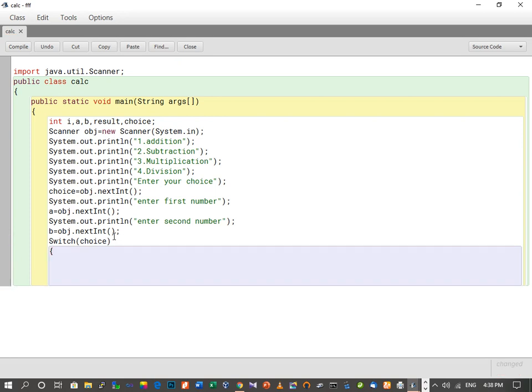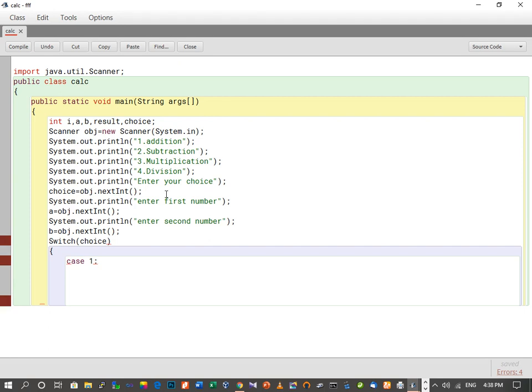So now the body of the switch statement starts. Here we write down case 1. Means if the case is 1, here you can see what is case 1. We have to write down the addition of two numbers. So if the choice is 1, if the user enters 1, then what will we do? We will find out the sum of two numbers. So result, straight away we can write result equals a plus b. What is result? Result is a variable which we have taken over here, and this a plus b is going to find out the sum of two numbers.